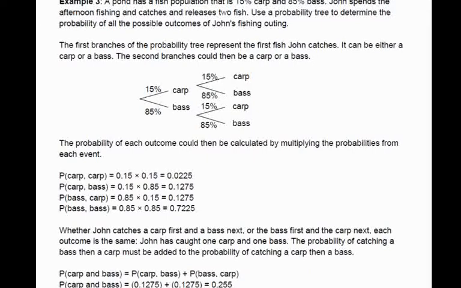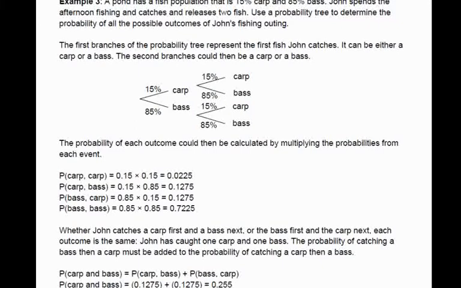So in this case, we make the first part of our tree being 2 options between carp and bass. The second part of our tree, if he catches a carp, he can catch a carp or a bass again. And if he catches a bass, he can catch a carp or a bass as well. So it's basically the same decision, or the same event twice. But the reason why we're writing this out as a tree is because now we can use this to calculate our